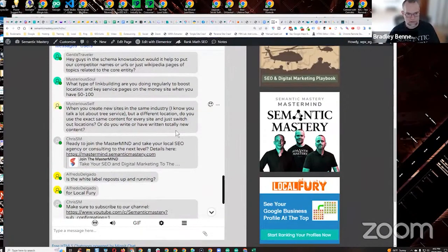What type of link building are you doing regularly to boost location and key service pages on the money site when you have 50 to 100? The same links that I build at Semantic Links. I do a combination of cloud pages,